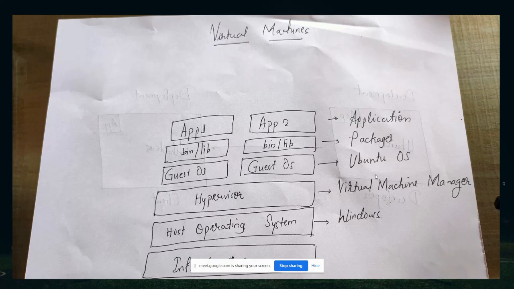Suppose you want to install Ubuntu into your virtual machine, or you want to install Fedora into your virtual machine, you can.